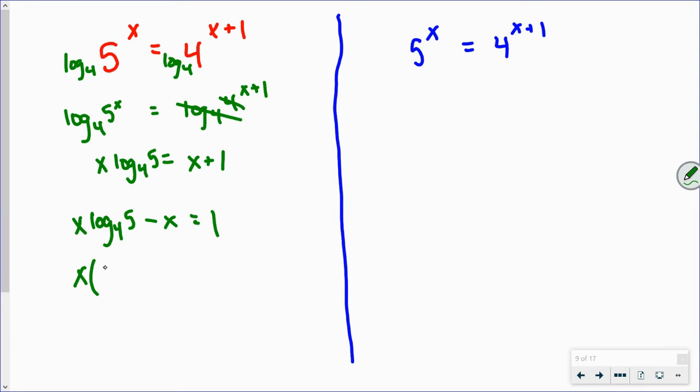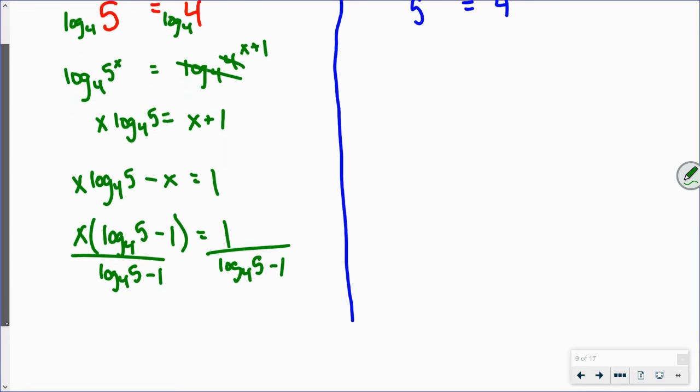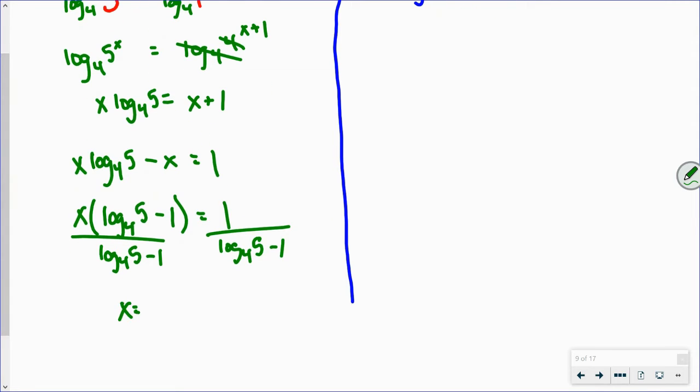So if I factor out an x, I get x times log base 4 of 5 minus 1 equals 1. And then I would divide by this log base 4 of 5 minus 1. So you get x equals 1 over log base 4 of 5 minus 1,